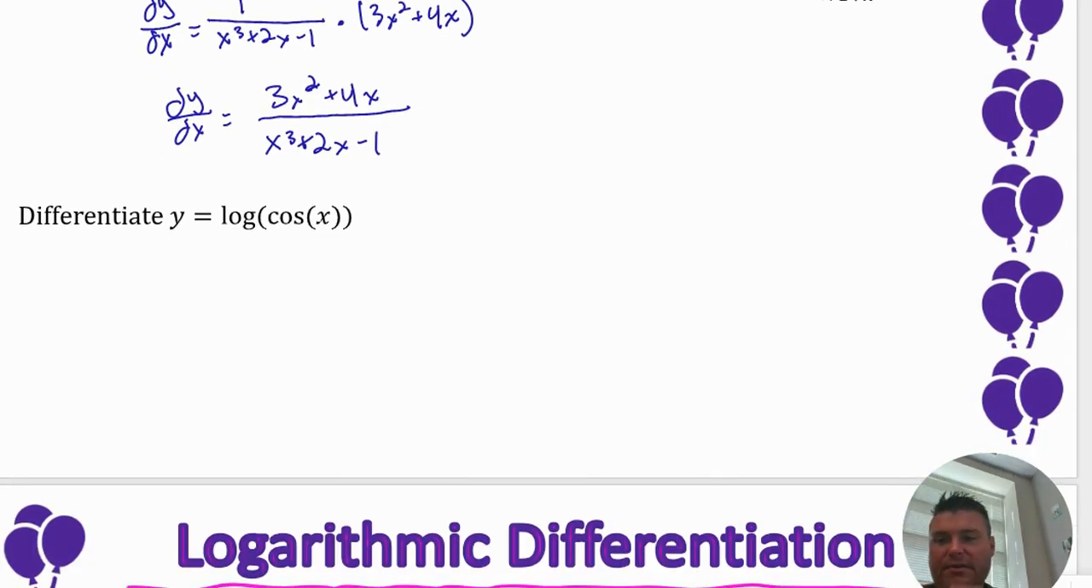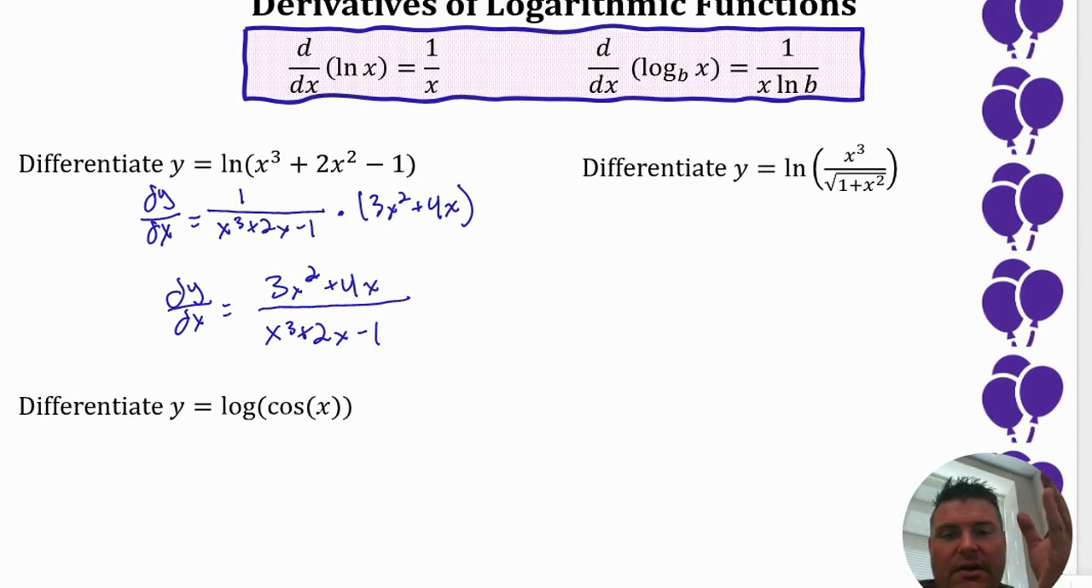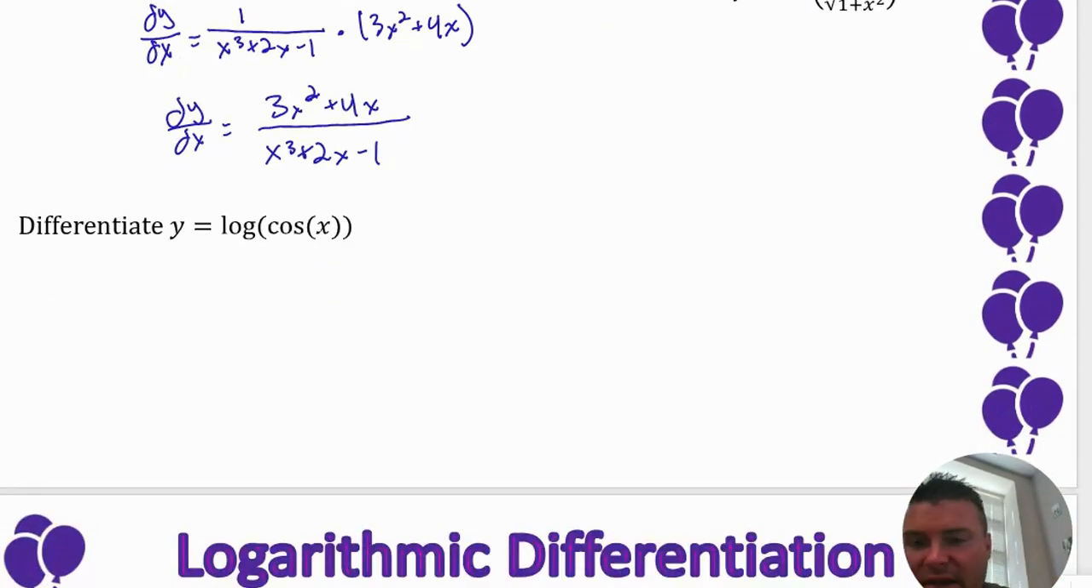Next one here below that, let's go ahead and differentiate this one. Now we've got to be careful that we're using the log base one. So this one has a base 10. Again, if the log doesn't say anything, that is a base 10. So when I solve for this one,